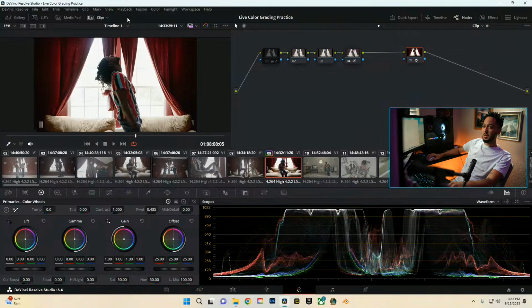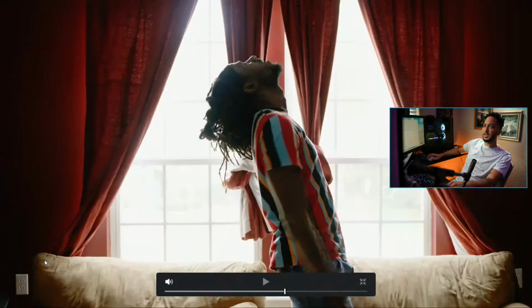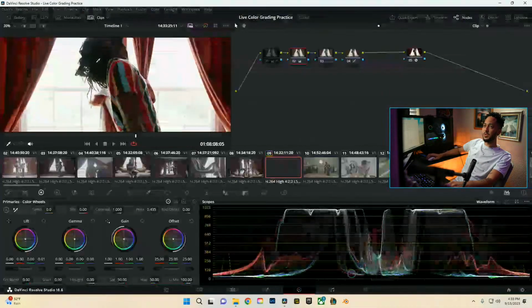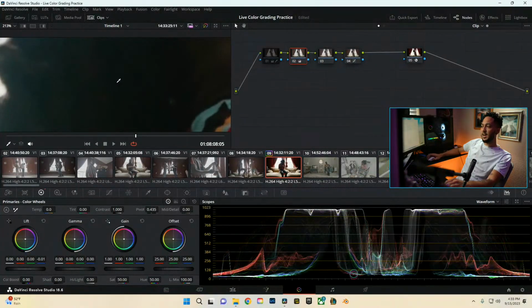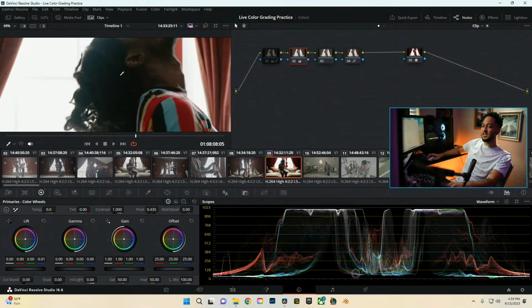So first things first, what I want to do is add more style to it. The image itself is semi-balanced, but what we're going to do is make sure it pushes more into the realm of what I want. Noticing that the shadows are a little bit more blue than I would like. So if we look here, I'm not sure if you guys can see it through the YouTube compression, but one thing I like to do as well, and eyeballing it isn't always the best case,